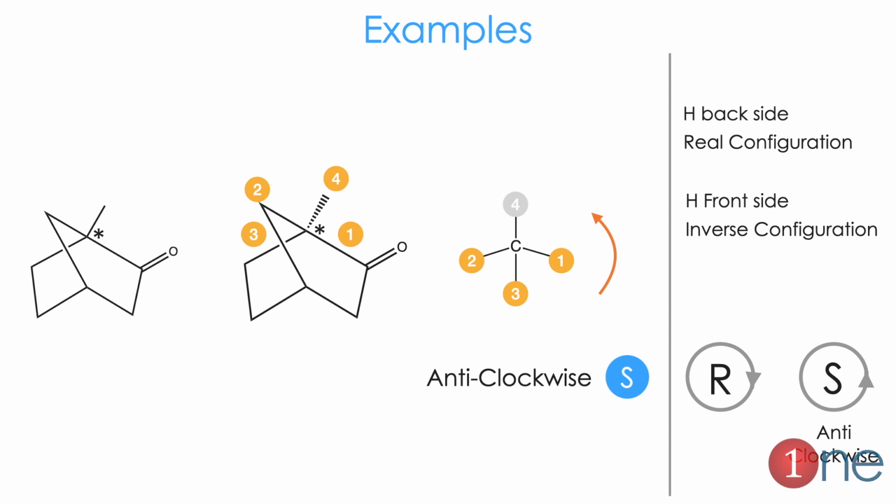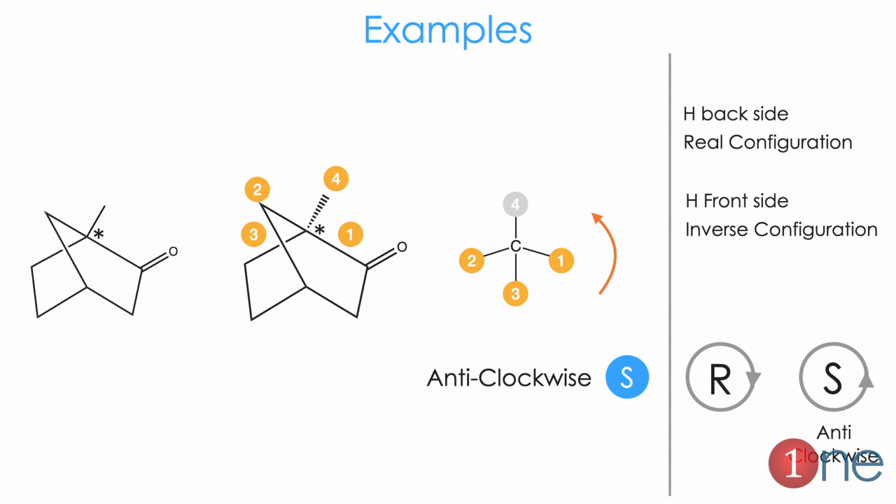If you assign the preference, the CO bond gets first and the carbon attached on the bridge will get second. Why? Because it is connected with a tertiary carbon atom. The third one is connected with a secondary atom again. So you should follow the order of which one is connected with which. So the bridge one will get second and another one will get third and the fourth one is a simple methyl group. So fourth is on the back side, no problem for us. The real configuration will be 1, 2, 3 which is anti-clockwise direction, which is S.